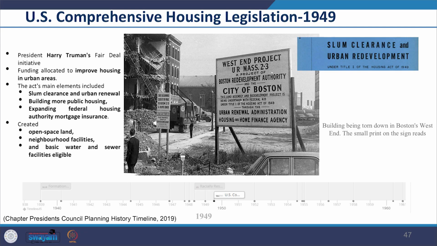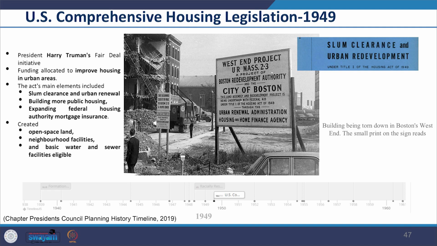If you remember suburbanization, a lot of elite people were moving out of the core city. The Act's main elements included slum clearance and urban renewal, building more public housing, and expanding Federal Housing Authority mortgage insurance.